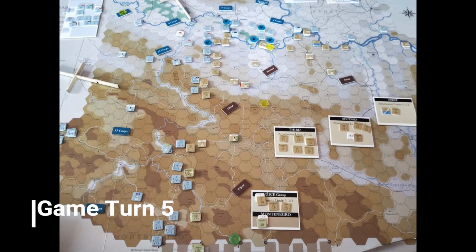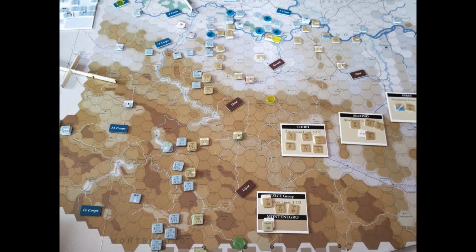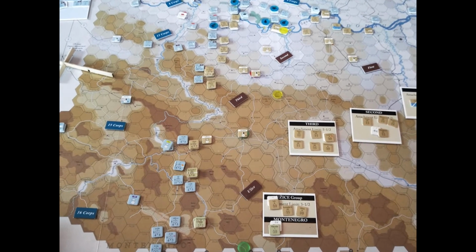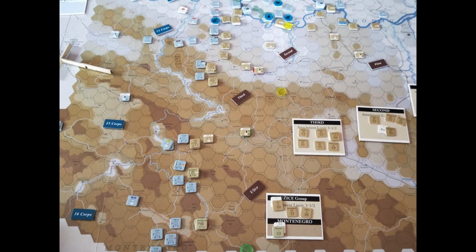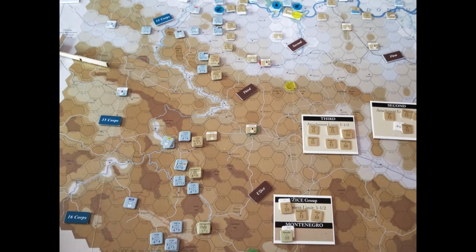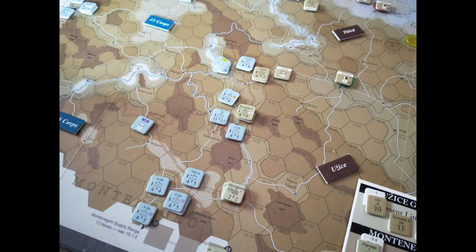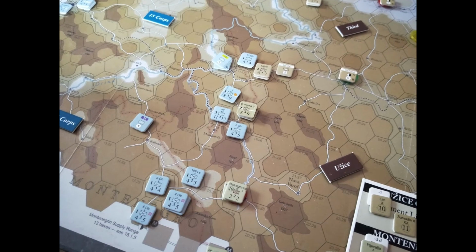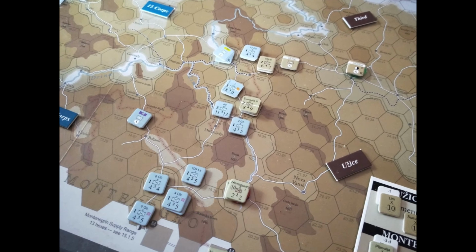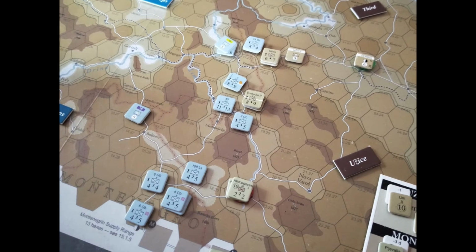Okay, game turn 5 sees the start of a strong Serbian counteroffensive up the north alongside the Sava River. They are pushing hard against those already reduced Austro-Hungarian units of the 9th Corps, but it's a very different story down the south. Down in the very southern end of the map, the Montenegrin units are just struggling to defend. They are driven off the map in the far south, and that 16th Corps of the Austro-Hungarian army is again